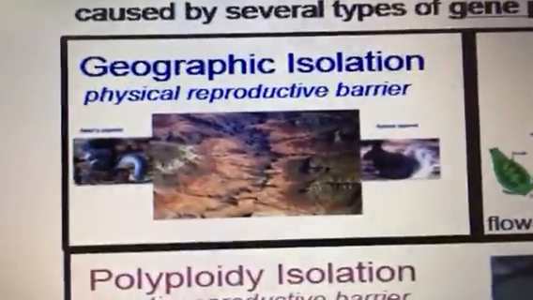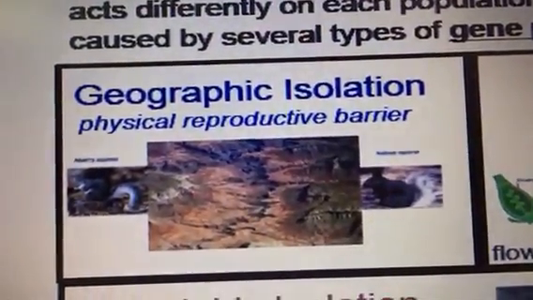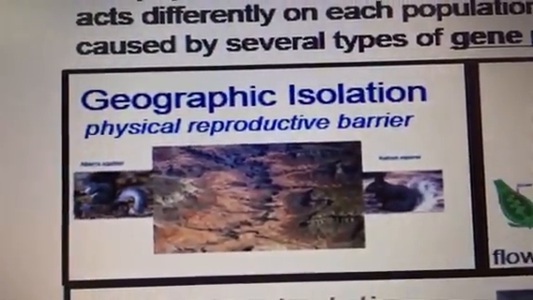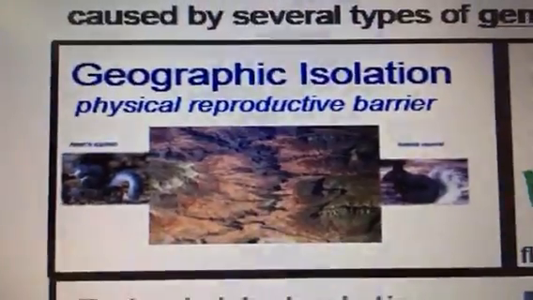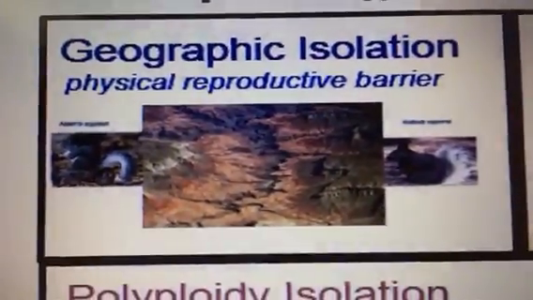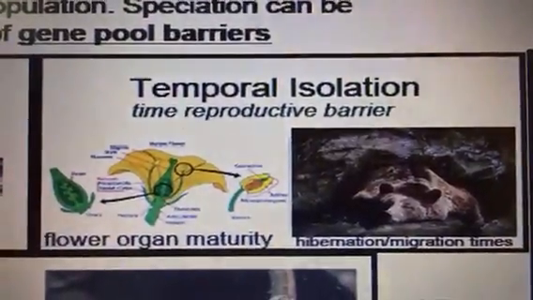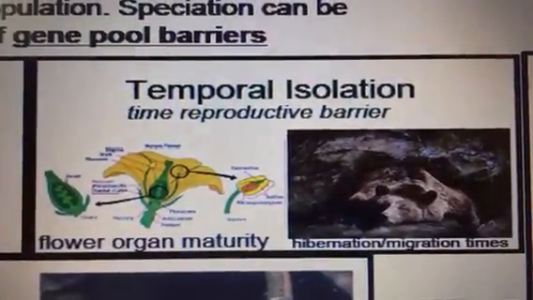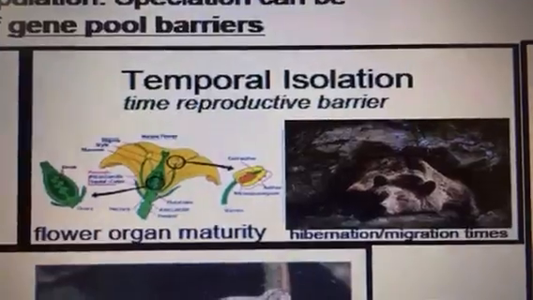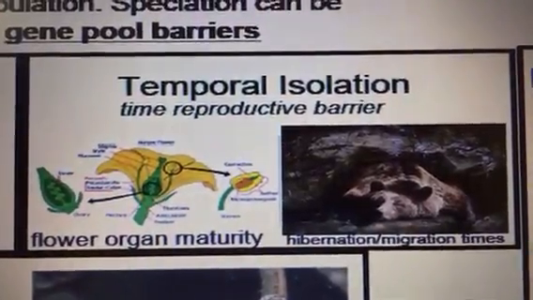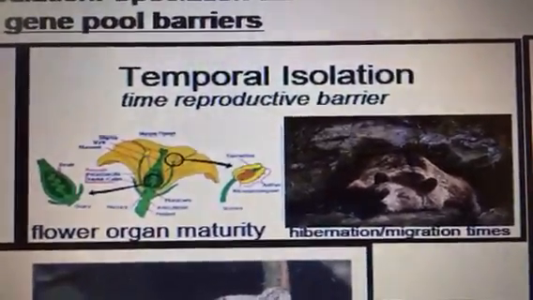That reproductive isolation could be because of geographic isolation, where there's physically a barrier. Two groups of squirrels were isolated by the onset of the Grand Canyon, and now they have changed a little bit from each other and could be considered their own species. Temporal isolation is time isolation. For instance, flower organ maturity or hibernation and migration times. If you're not able to reproduce because you're not around at the same times, that would be a barrier to